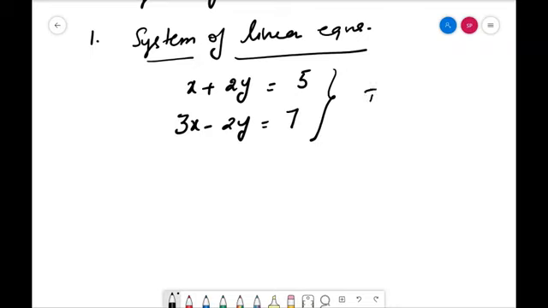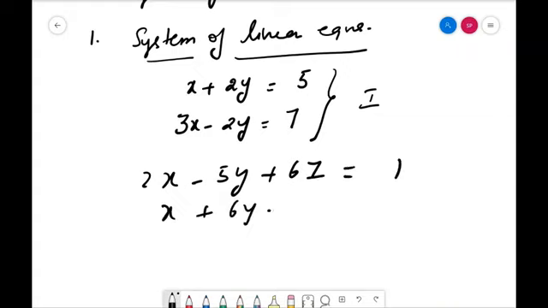Suppose you may have another system like 2x minus 5y plus 6z is equal to 1, x plus 6y minus 7z is equal to 2. So this is a system which has three variables x, y and z. So solving these systems is nothing but finding the values for x and y which satisfy all the equations in